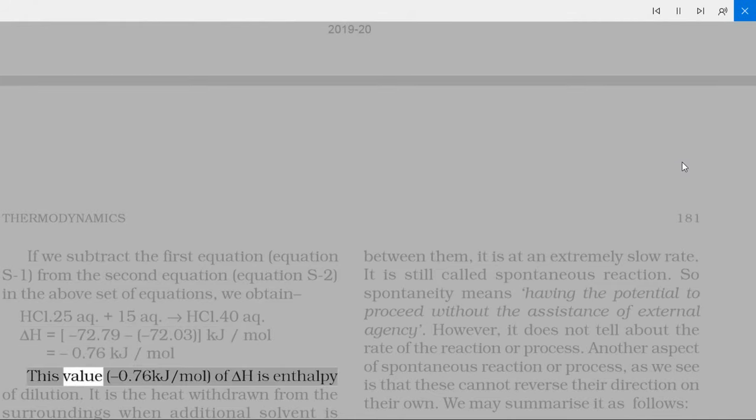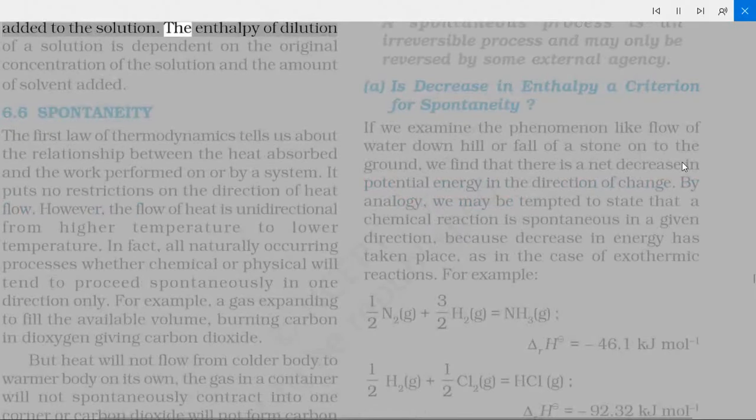This value, −0.76 kJ/mol, of ΔH is the enthalpy of dilution. It is the heat withdrawn from the surroundings when additional solvent is added to the solution. The enthalpy of dilution of a solution is dependent on the original concentration of the solution and the amount of solvent added. 6.6 Spontaneity. The first law of thermodynamics tells us about the relationship between the heat absorbed and the